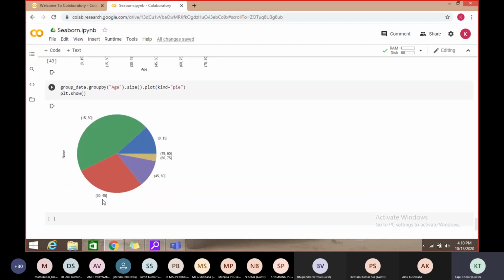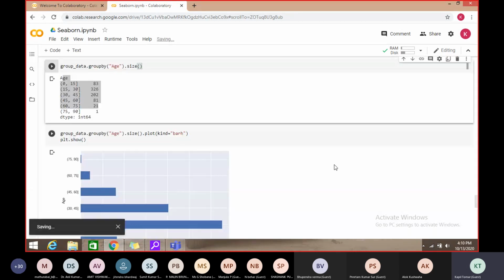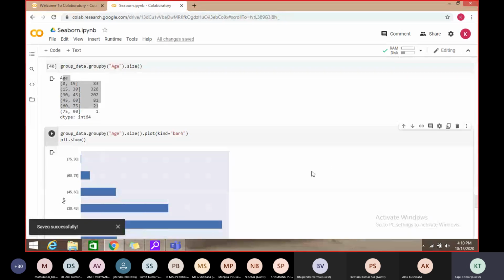Then again 30 to 45, 45 to 60, and 75 to 90 is only this, very few numbers, right? So these are the various representations of a particular graph. I hope the session is okay.